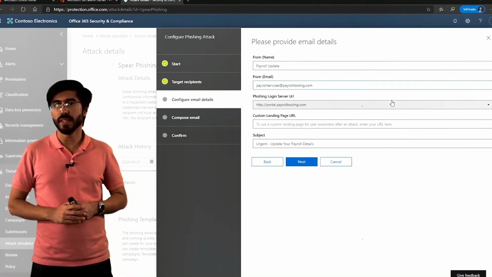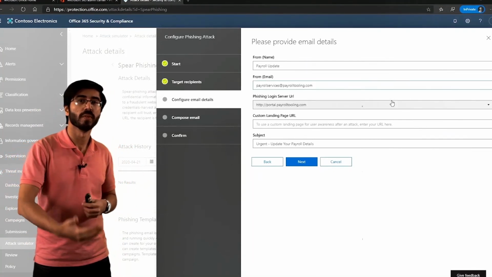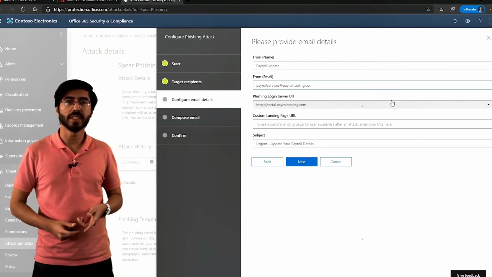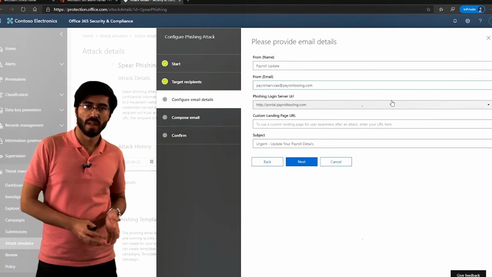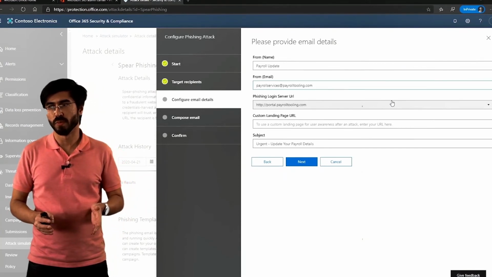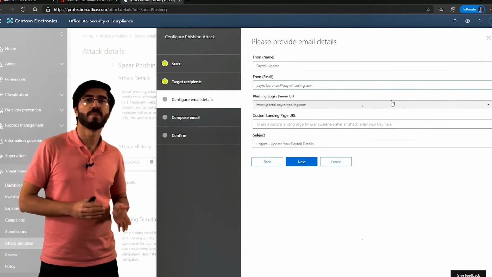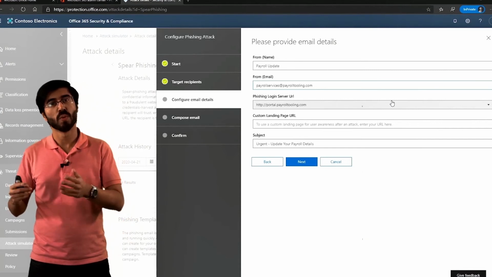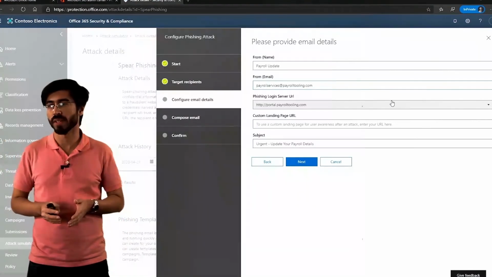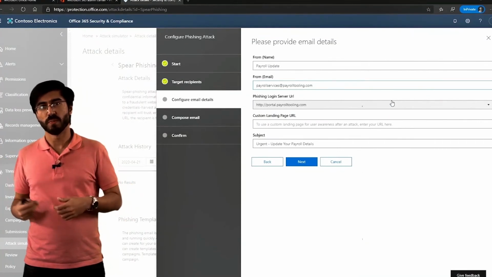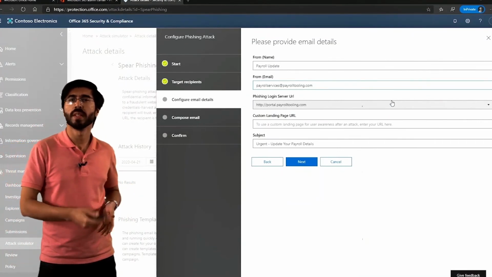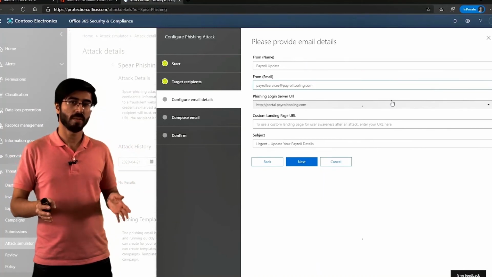So this is the part where you start doing more of the configuration. You can change how the attack will look. What is the source email address where it comes from? What is the source domain? The page where it's trying to take you to, what does that page's URL look like? What does the email's header look like? Obviously, because we're using a template, there's a lot of pre-populated data already, but you can completely customize it